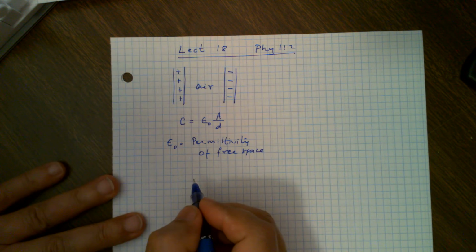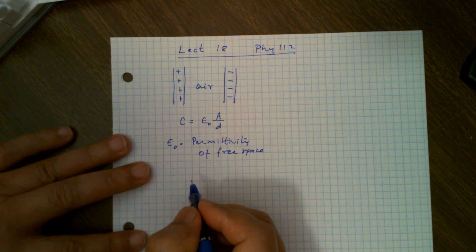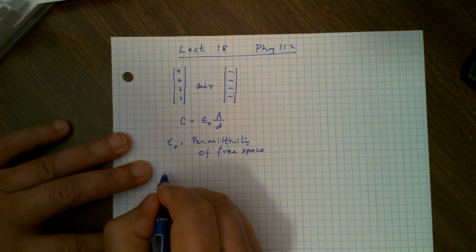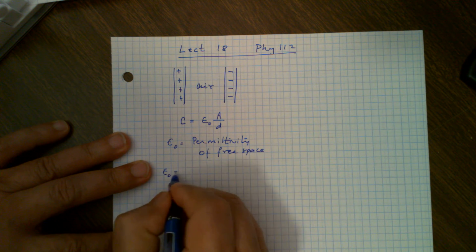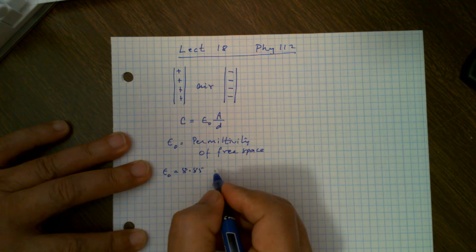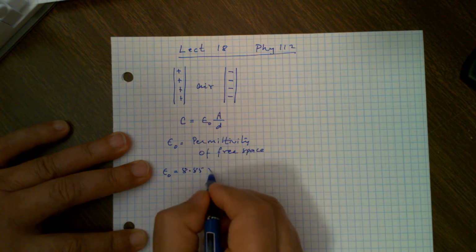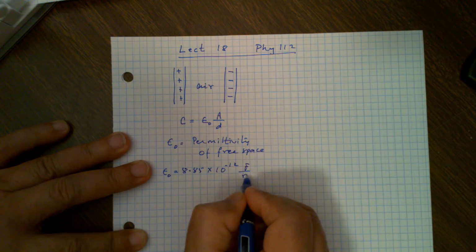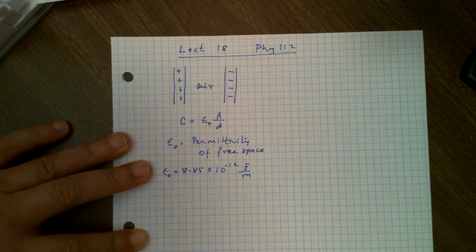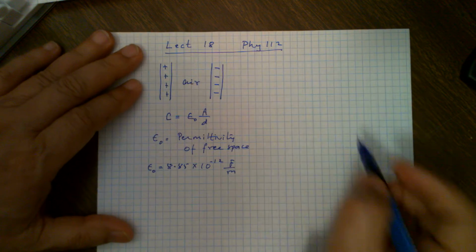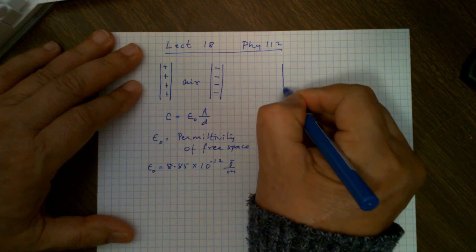The numerical value for epsilon naught is equal to 8.85 times 10 to the power negative 12 farad per meter. Alright? Okay. So now, instead of just having air in there, we are going to fill it with some material